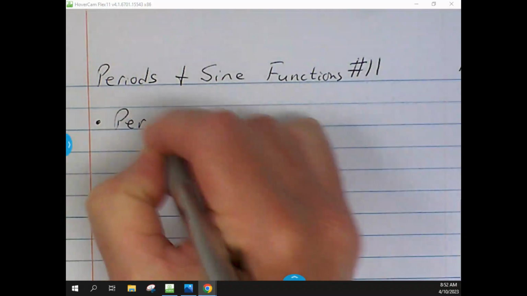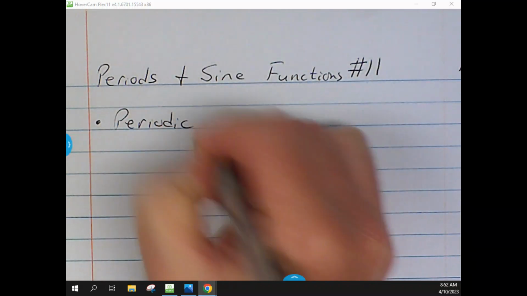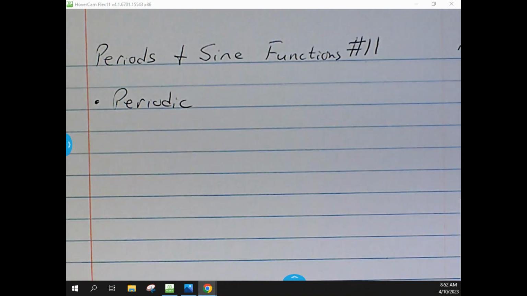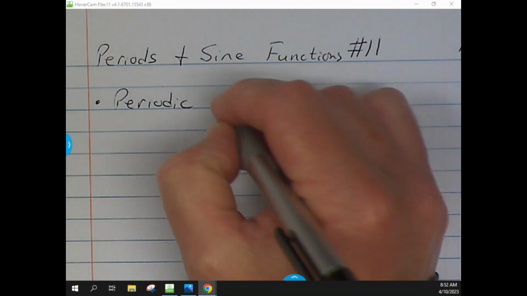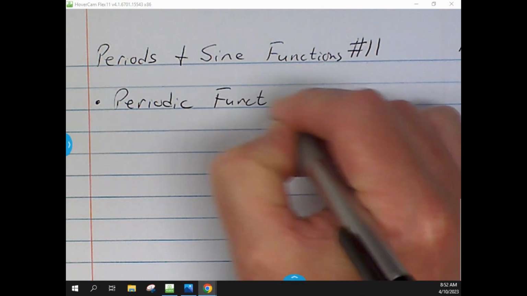Okay. Very first thing we've got to go through is just a couple of definitions of some things that we have. Very first thing we're looking at is a periodic function,